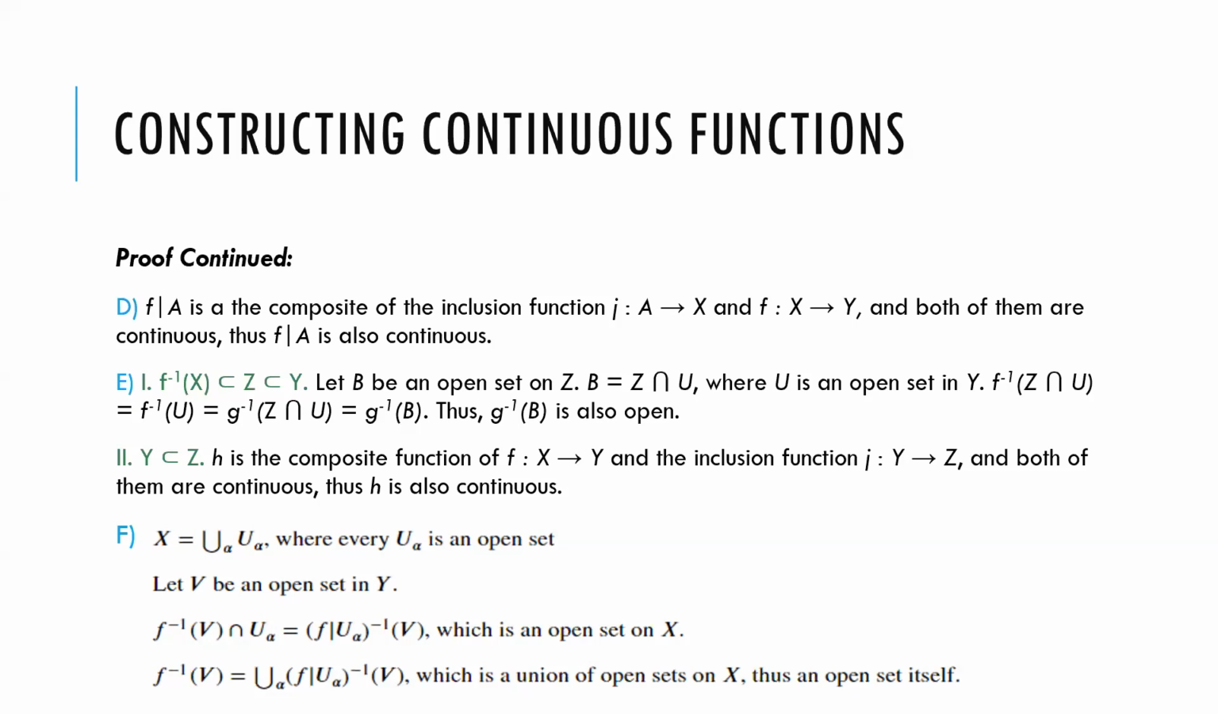And then for E, we first consider the case where we restrict the range. So if B is an open set in Z and B equals the intersection of Z and U, where U is an open set in Y, then the inverse image of B would be the same as the inverse image of Z intersecting U, which would equal the inverse image of